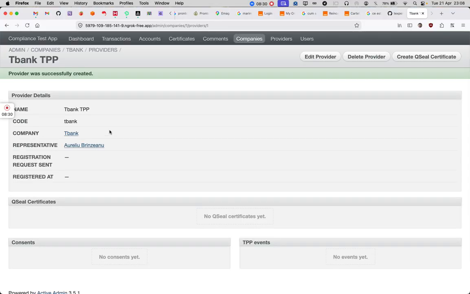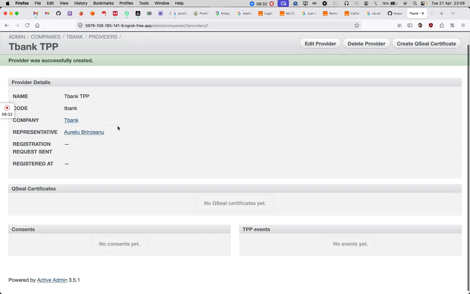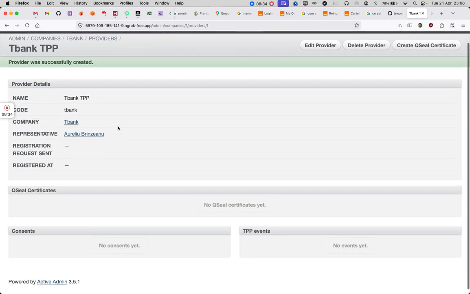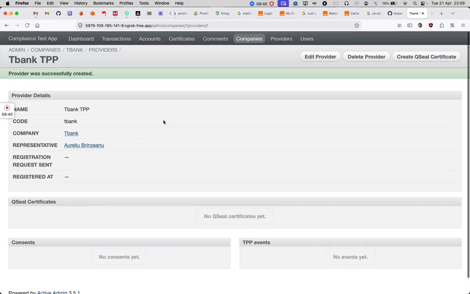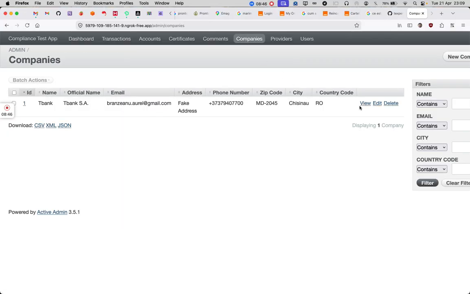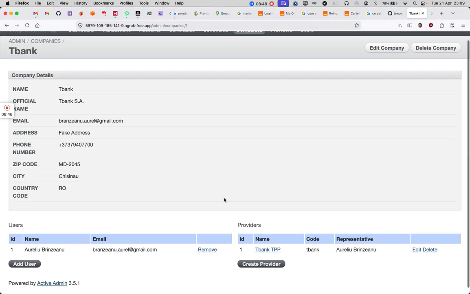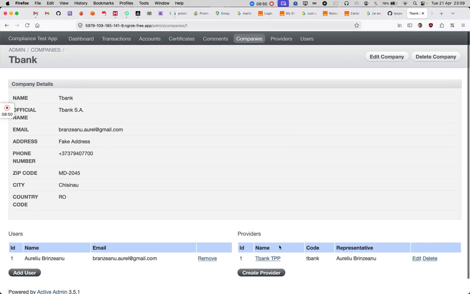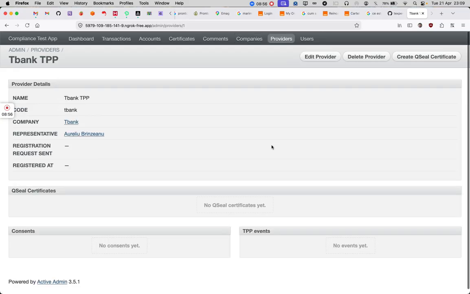So here we are creating a provider, and we can see the provider is not yet registered, and also we can see now the provider at the company show page. So let's go to the provider,